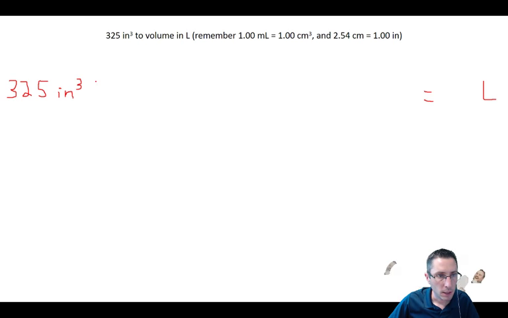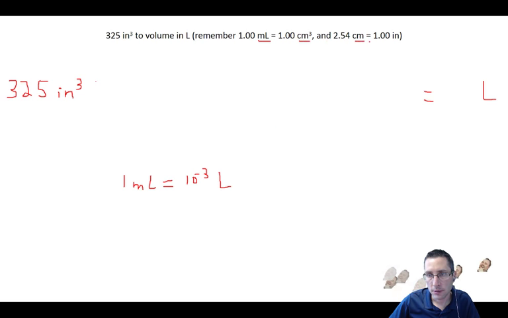Inches need to get to centimeters cubed in order to get to milliliters, right? So you should have the roadmap here. Given inches cubed, going to liters. Well, milliliters are given, so you know you're going to have to go through that. So you might as well at the bottom write out that 1 milliliter is 10 to the negative 3 liters. That's probably going to be useful. There's cubic inches. Here's centimeters to inches cubed. That should give me everything I need.